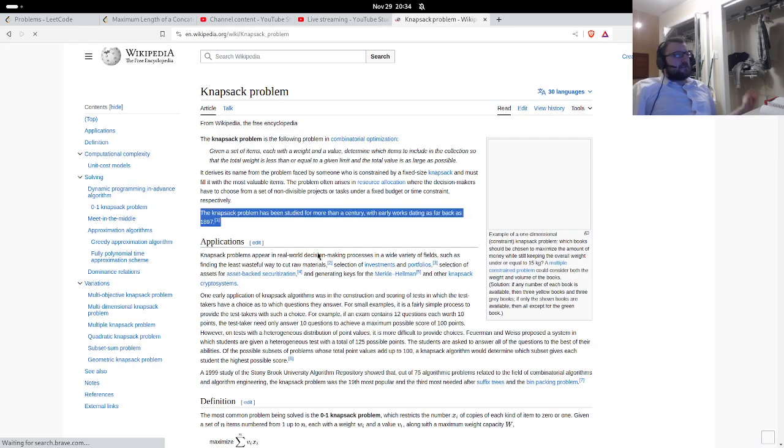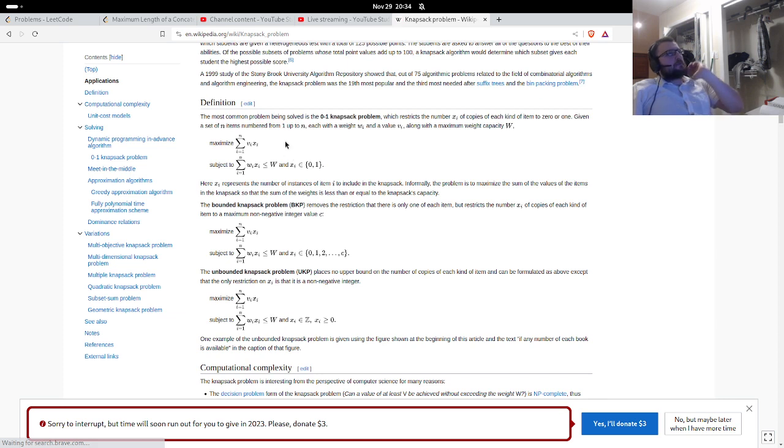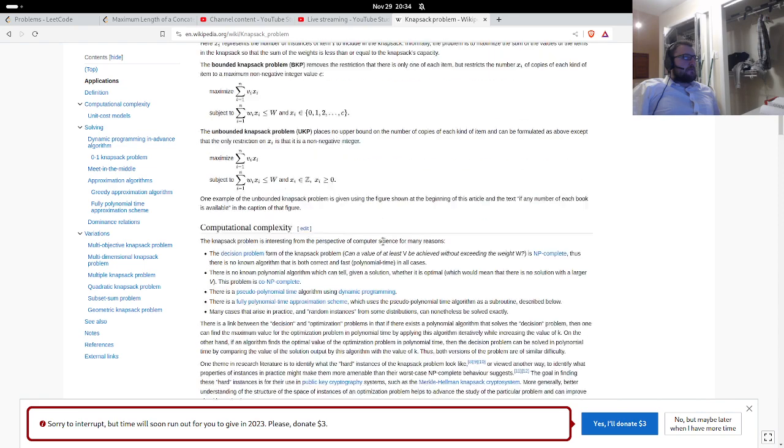Thinking of the 0-1 knapsack problem is kind of what I'm thinking. A common problem being solved is the 0-1 knapsack problem, which restricts the number of copies of each kind of item to 0 or 1. Given a set of n items numbered 1 to n, each with a weight... No, this isn't quite what I'm looking for.